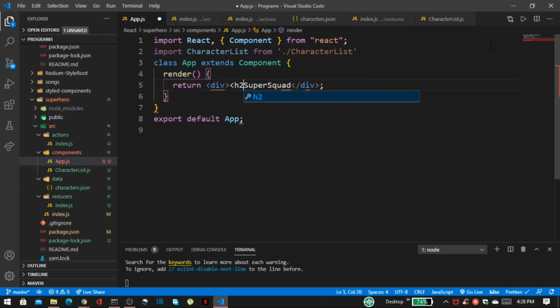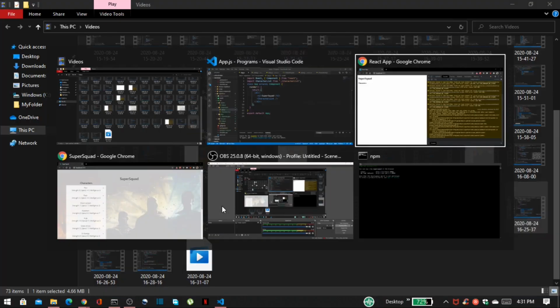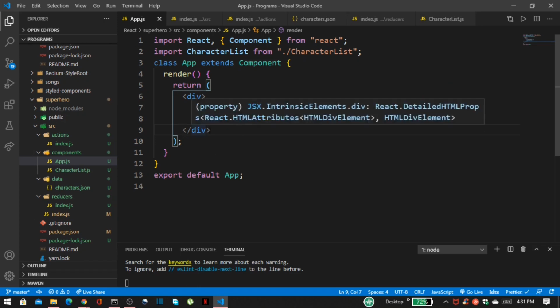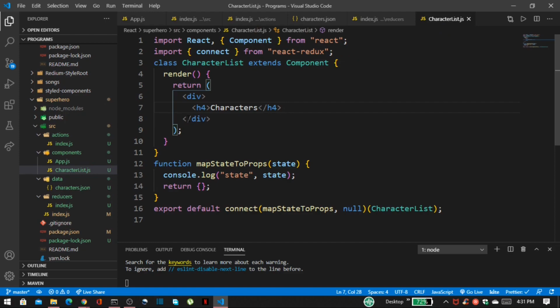So first I want to use an h2 tag and cut this Super Squad and paste inside this h2 tag, and after that I want to use this CharacterList component. Now save this. Now open your browser and you can see here our character is showing successfully because inside our CharacterList component we use these characters.